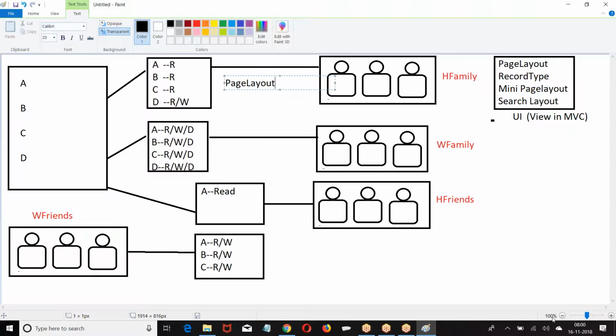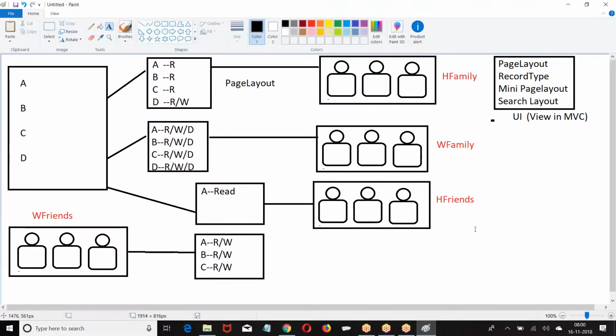If you want to show everyone in the same way, a single page layout will do. You have a choice to create multiple page layouts. If for everybody I want to give the same view, one page layout will do it. I hope you got this concept. Right? Okay.